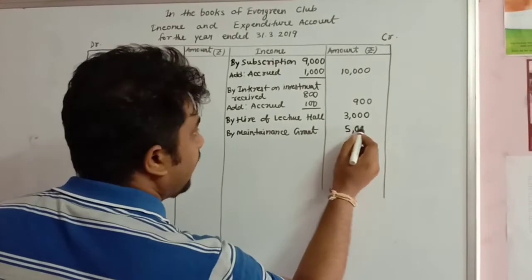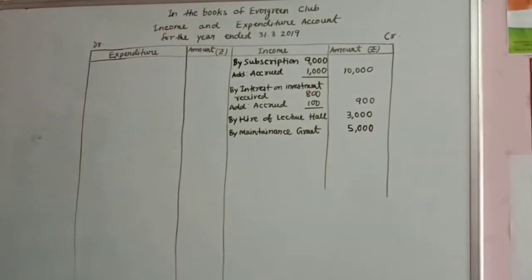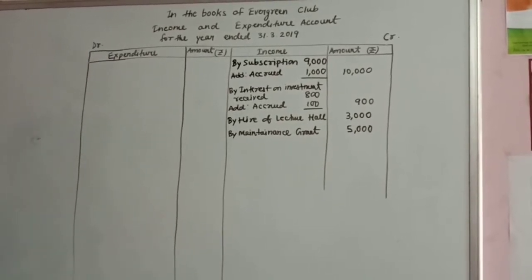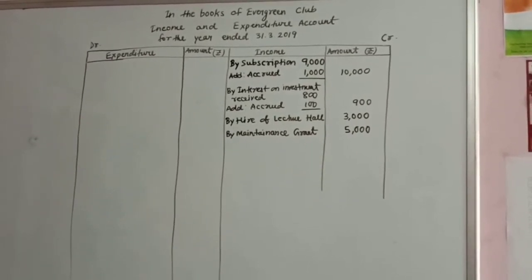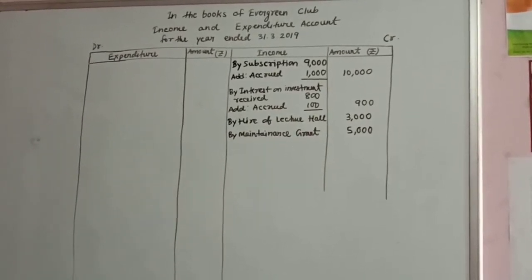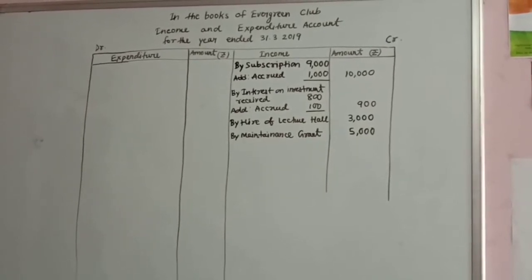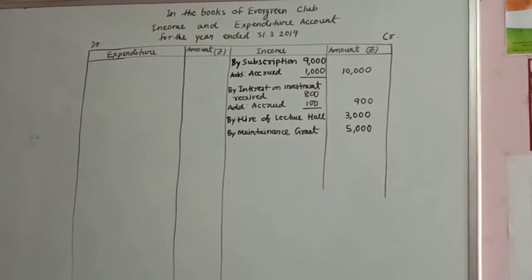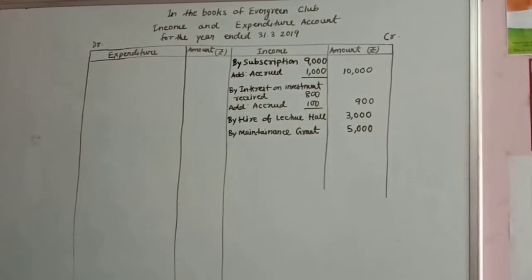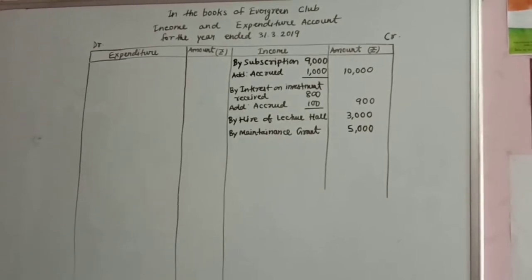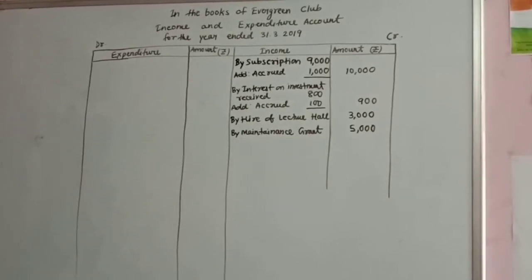Now see, I have skipped one item, that is tournament fund. Why did I skip tournament fund? You can understand that a fund is an amount given by some specific person for the conduct of some specific event. So this particular fund is an accumulated money for conducting a tournament, that is a capital item. Whenever we are preparing the income and expenditure account, we only consider the revenue items. We do not take any capital items. I have in the previous lecture session discussed the meaning of revenue and capital items.